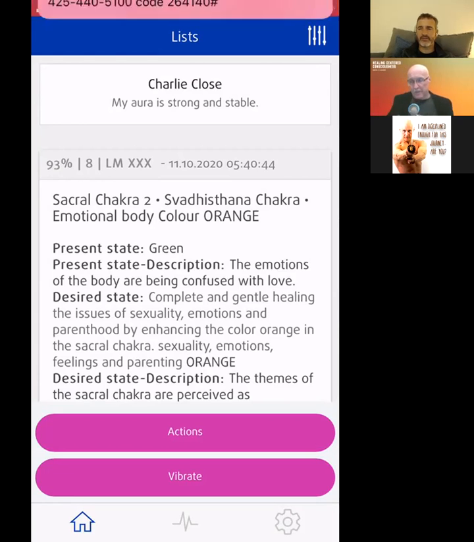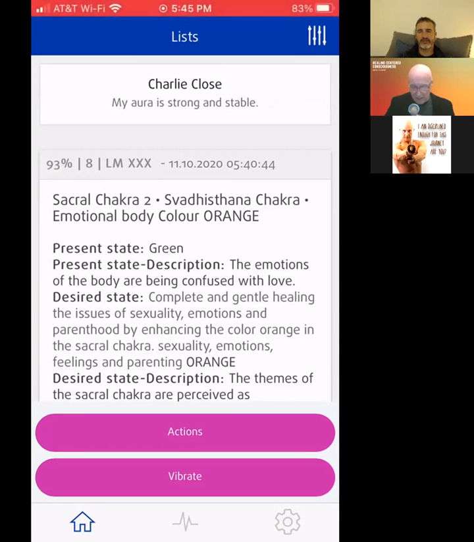Like the scary low numbers of that guy my daughter scanned. Exactly. And so what you see here, that particular Charlie's sacral center was at 57%, which was its lowest. That was the lowest one on the bar graph. And it's showing that the conditions that are causing that to be low have a 93% relevancy to pay attention and fix in the life of the person. So it's very relevant, very important to pay attention. And the next number, the number 8, means the intensity. How much